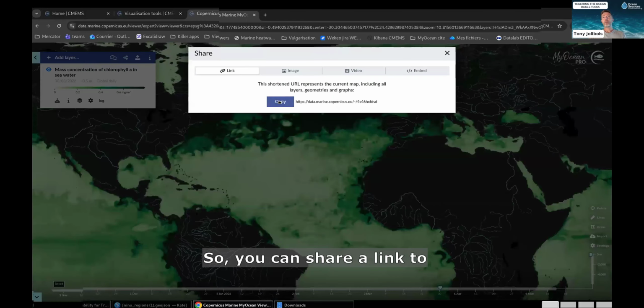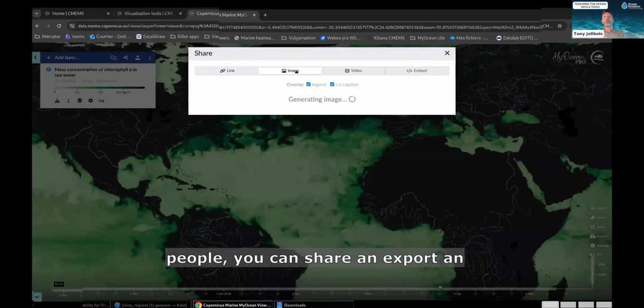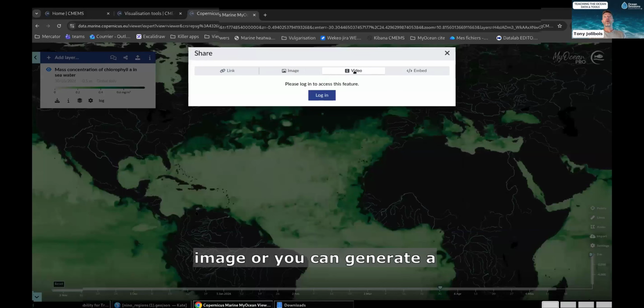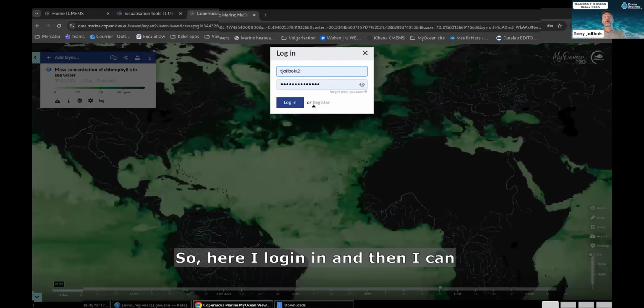You can share a link to people, you can share and export an image, or you can generate a temporal animation. To do that, you will need an account. So here I'm logging in,